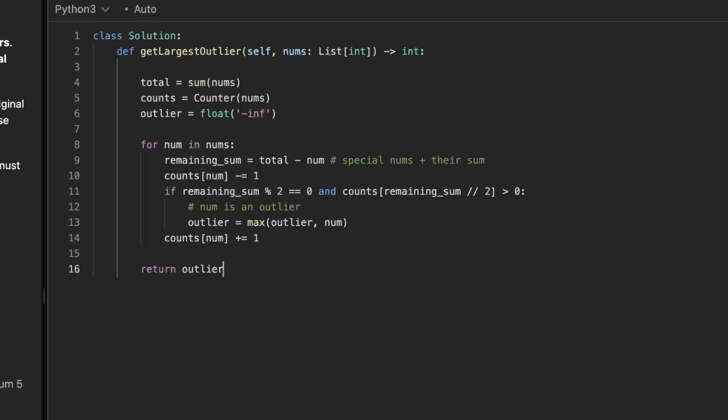That's all actually for the coding part. So what do we do here? We first get the total, that's the sum of all the elements here, and using counter we get counts. This will give us a dictionary where keys are distinct values in nums array and values are their counts. Outlier is our result variable. We initialize it from minus infinity, and then we iterate on all of these numbers, and for each of them